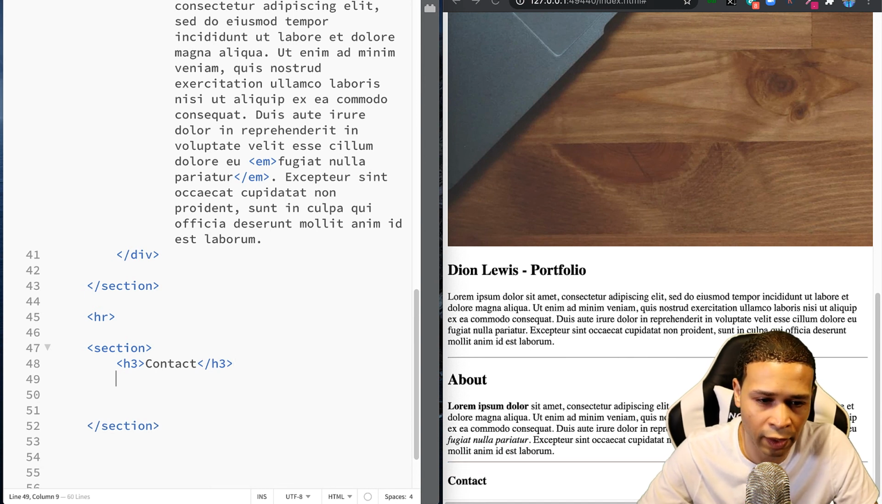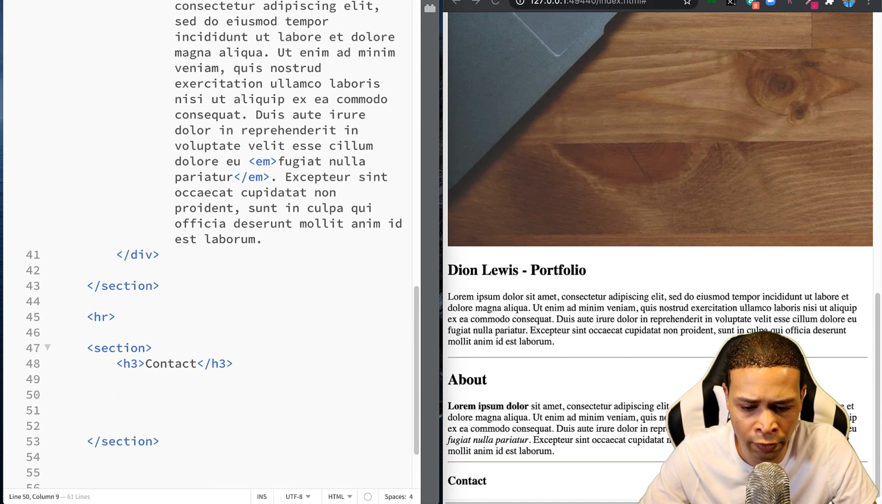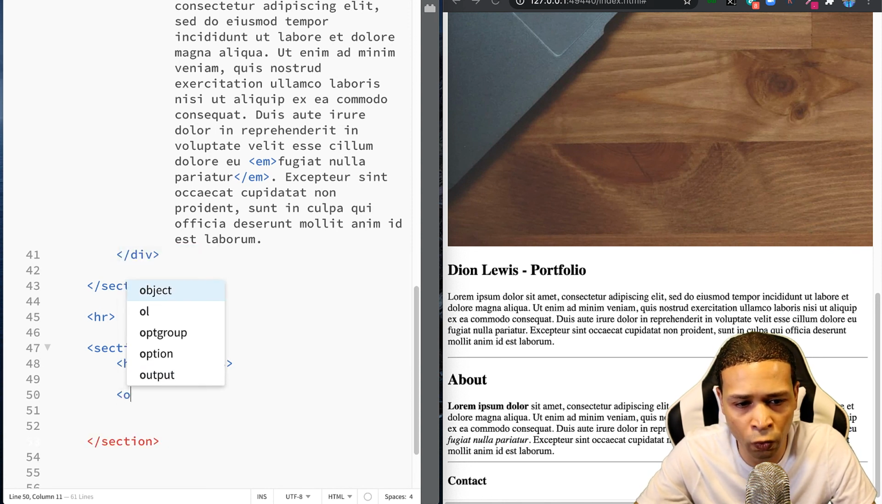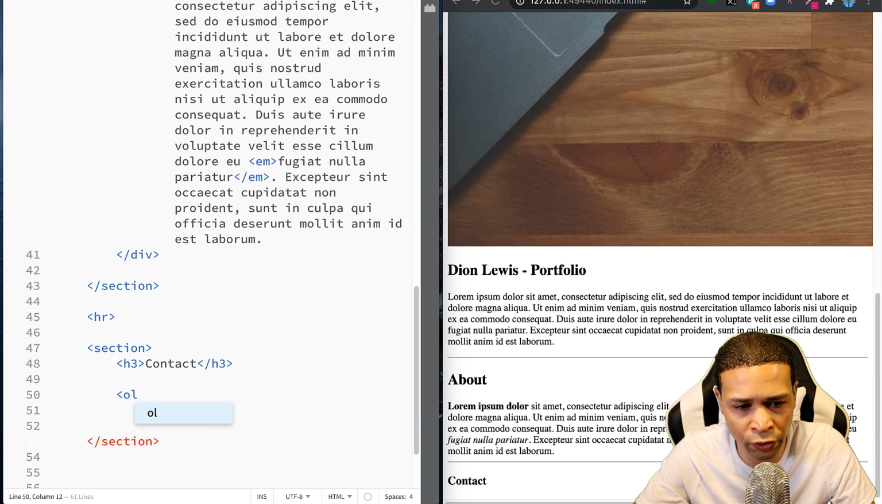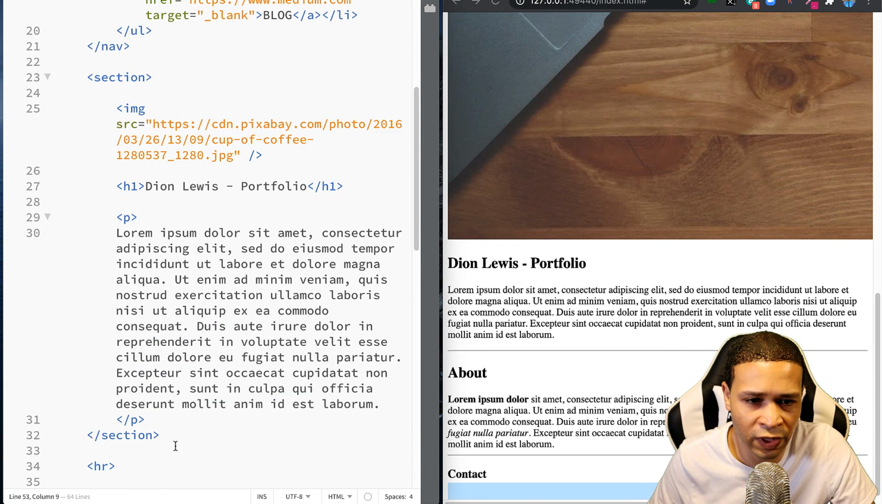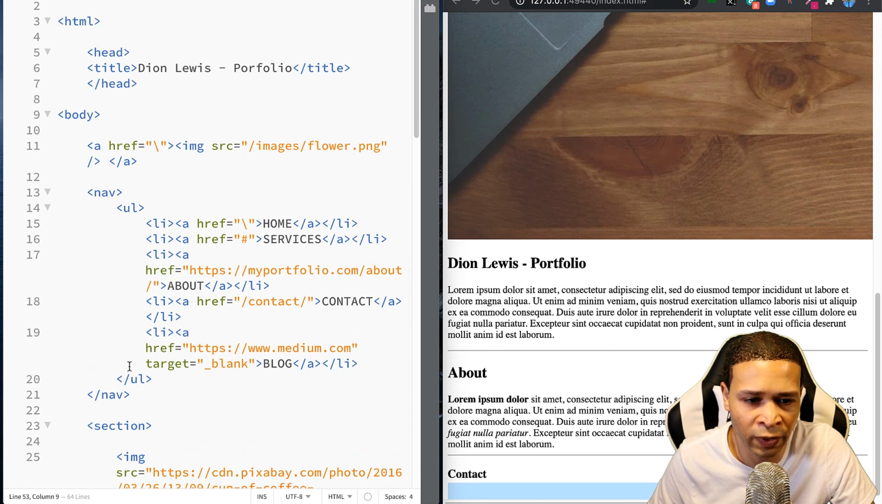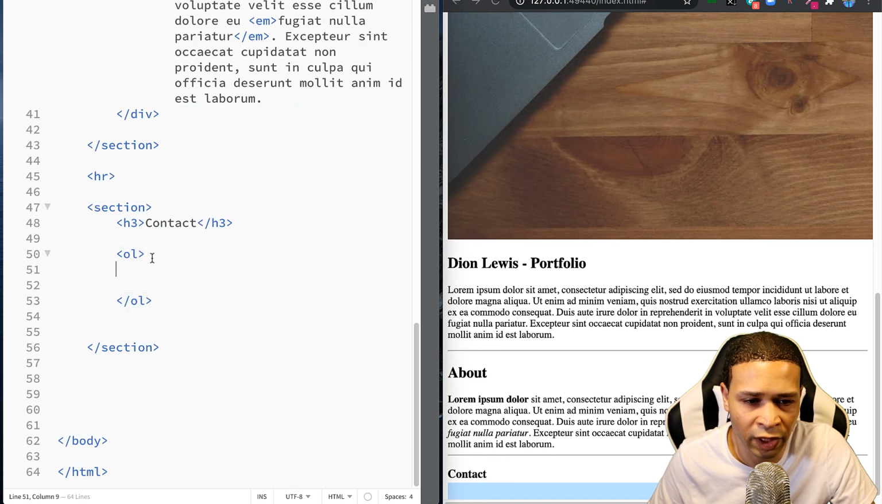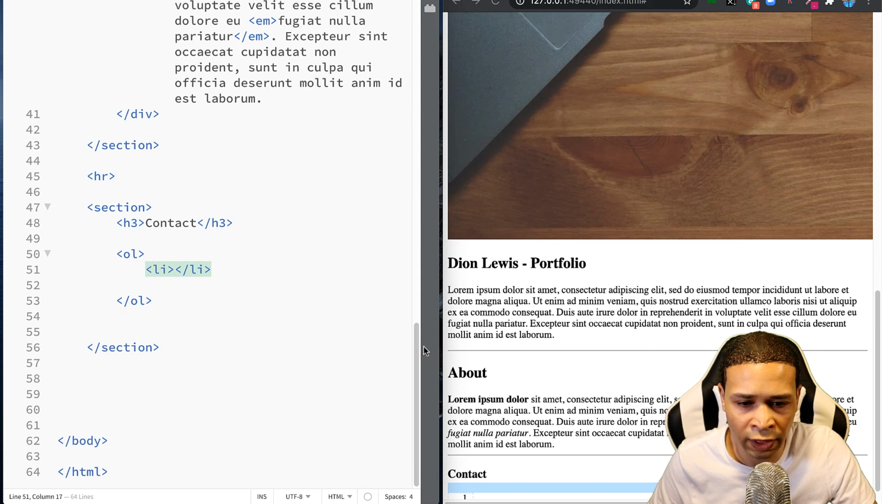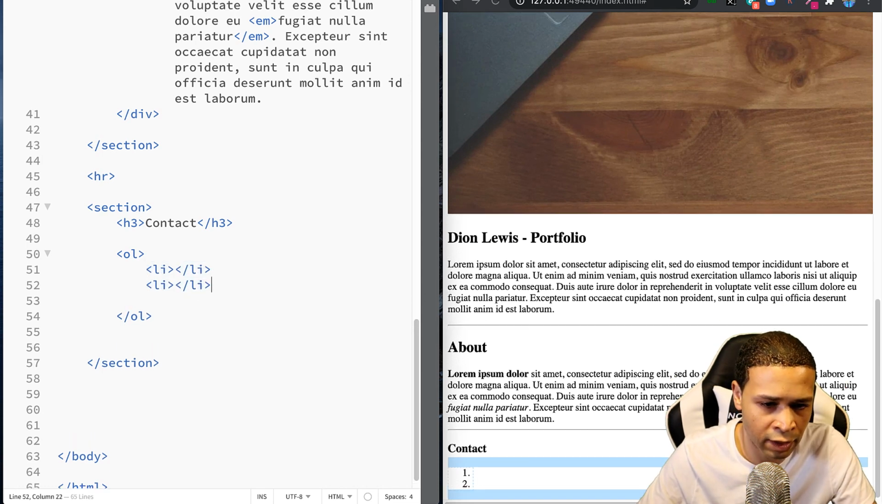So in here I'm going to show you another way to write a list, and that is the ordered list. So you just put OL, and it's similar to what we did up here with the unordered list, but with the ordered list, we'll make our list items here, and they'll be numbered from 1 until however many you make. So we'll make like 3 of these,